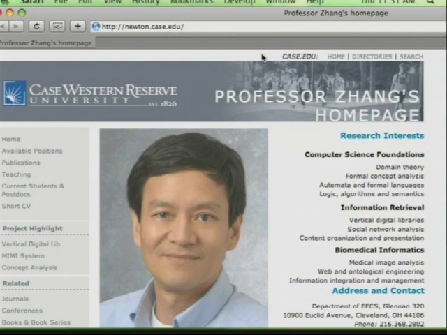The third one is biomedical informatics. That is a very broad area, and we're working on a number of topics here. Specifically, one is medical image analysis, the second is web and ontological engineering, and the third is information and data integration and management in the biomedical research domain, for biomedical researchers. So what I'm going to show you today